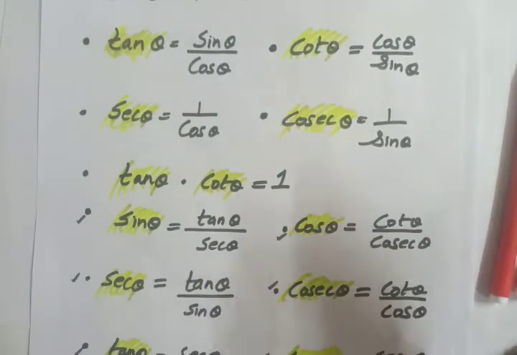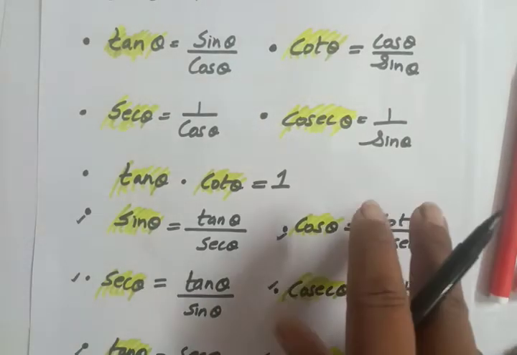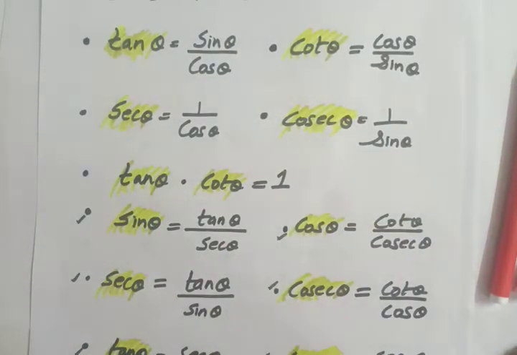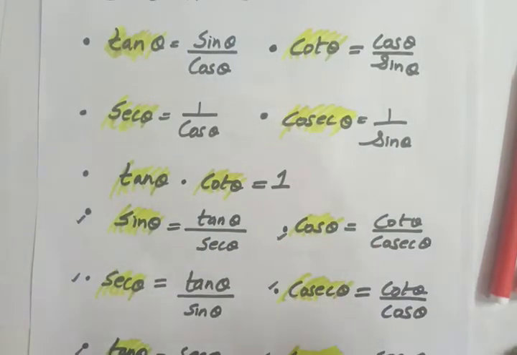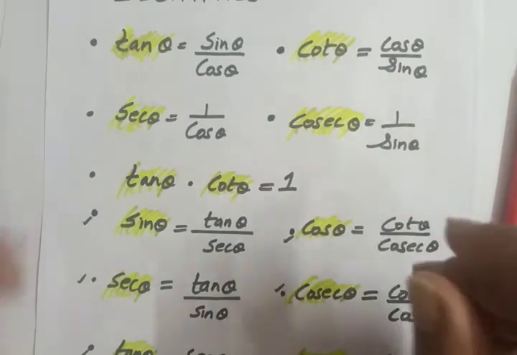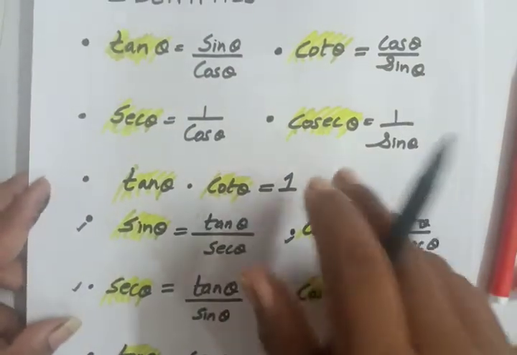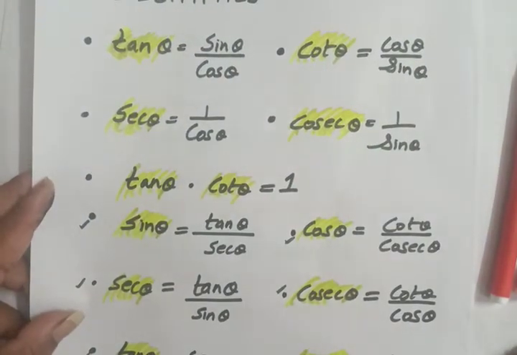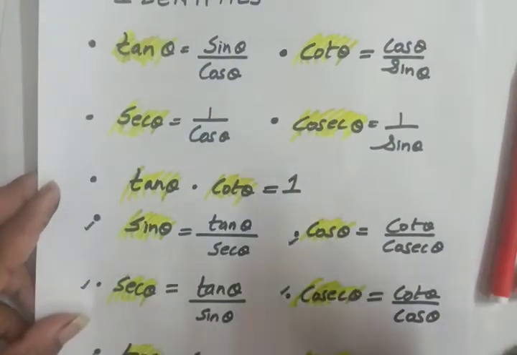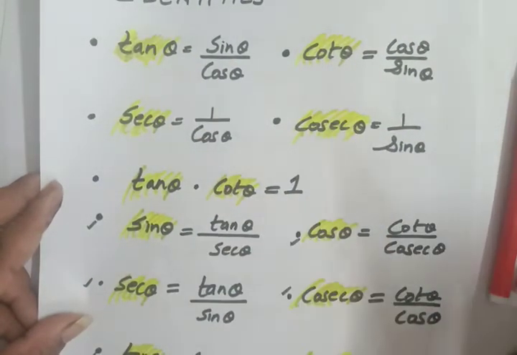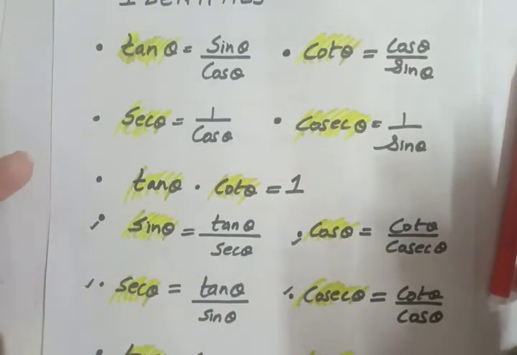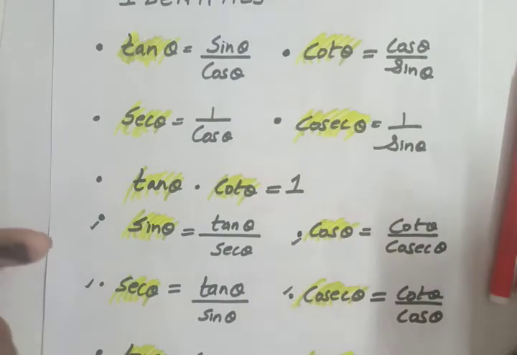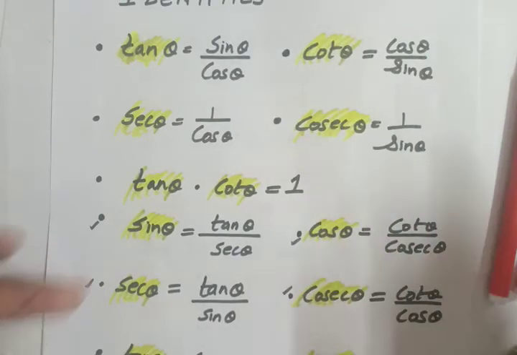Of course, in my next video I am going to start with all the important NCERT proving questions, all the expected proving questions and the important questions of the board. But what you have to do, if you are unable to solve it but these terms are coming, write a few things, that is the reciprocals and these identities according to the question, so you will get at least a few marks, because step marking is there.